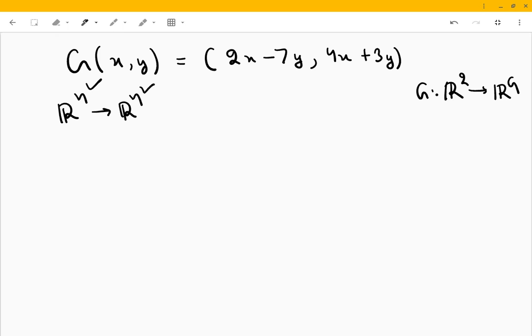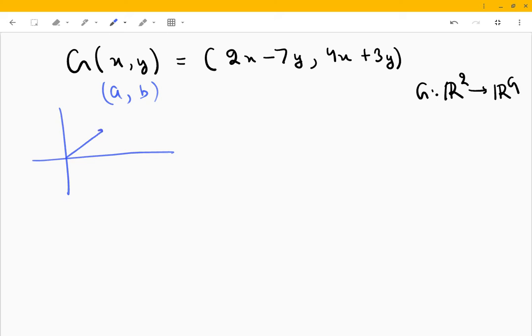Now, this means that, let me tell you first what it means. Or I'm not sure if I've already discussed this. Anyway, let's do it again. It means that any vector, okay, I don't like this thing